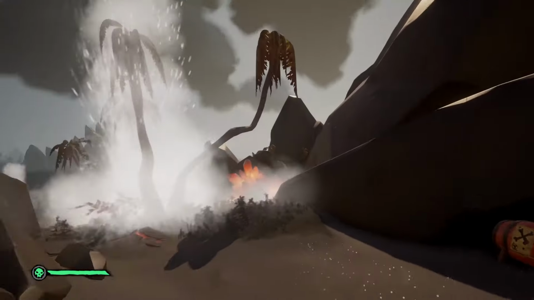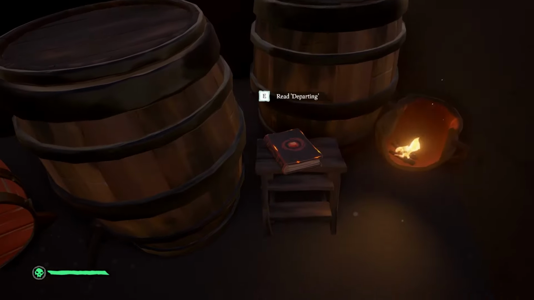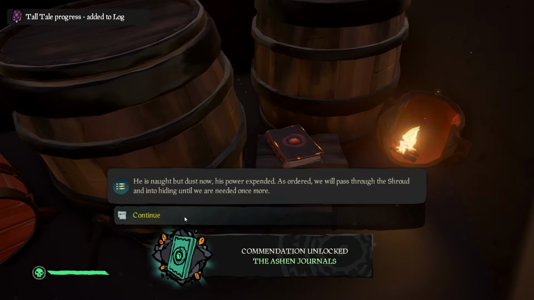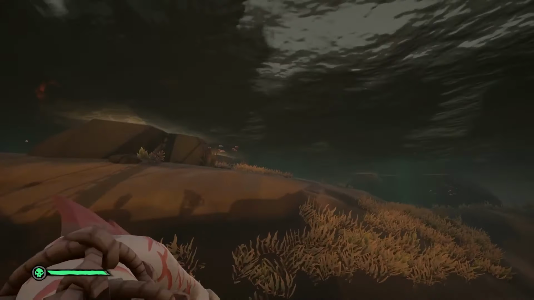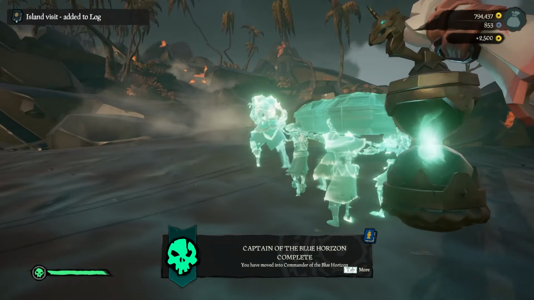What you're looking for are some barrels at this location over here. You'll see there is a torch on the island over there, and you can basically walk to this area where the barrels are, and you'll read the 5th and final journal on that little bench over there. Now you can go to the side of the island where the Ashen Dragon ship is and basically swim to the shore. On the shore, you can use a lantern,